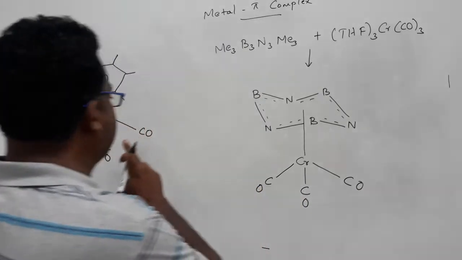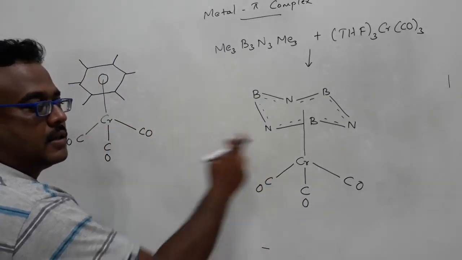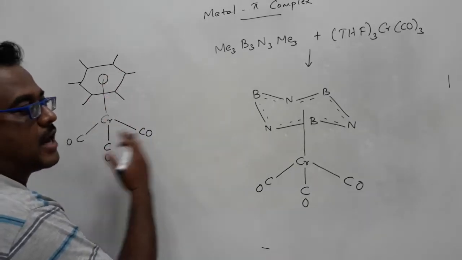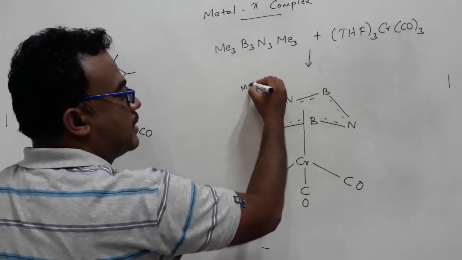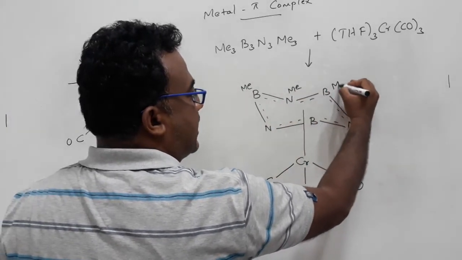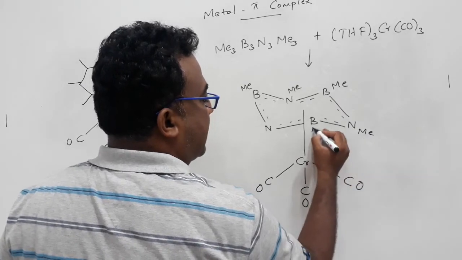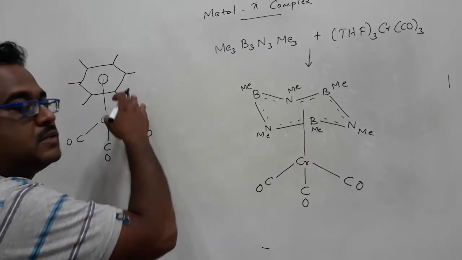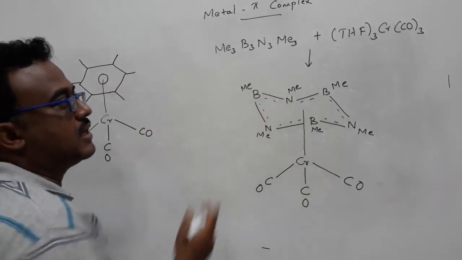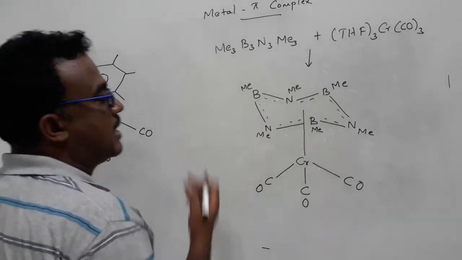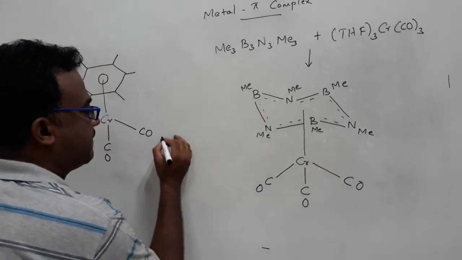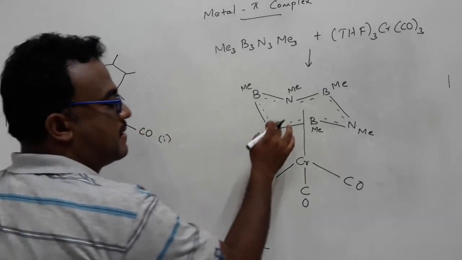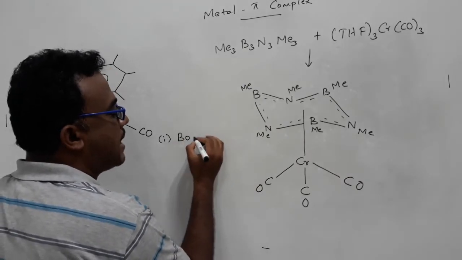Okay. What is the difference between these two structures? We know that hexamethylbenzene and the borazine are both forming an organometallic complex. But is there any difference between these two? Yes, there are various differences between these two structures. This further confirms that hexamethylbenzene is more aromatic in comparison with the methyl substituted borazine, hexamethylborazine. First difference: hexamethylbenzene has a planar structure, but when we come here, borazine has a puckered structure.